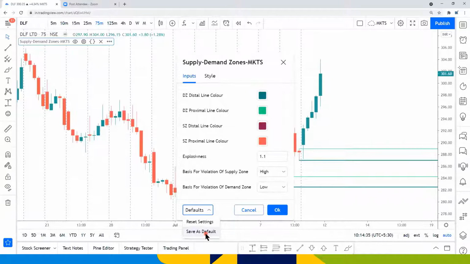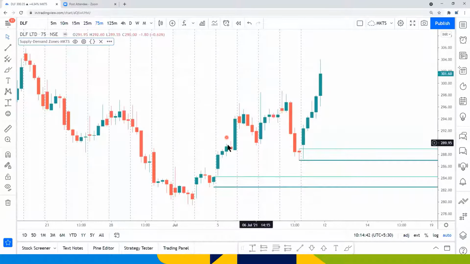Vikas says, why high and low basis? Because in case of a demand zone, the low has gone below the distal line. The distal line of demand is pierced. Once the distal line of demand is pierced, I don't want to consider it as a zone anymore. That means all the pending orders over there are picked up. Similarly, for a supply zone, if the high goes beyond the distal line, all the sell orders are picked over there. So we don't need to consider it as a zone.